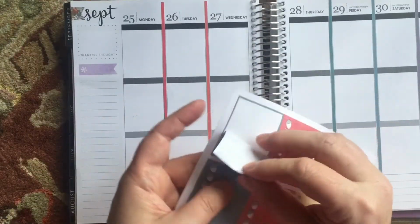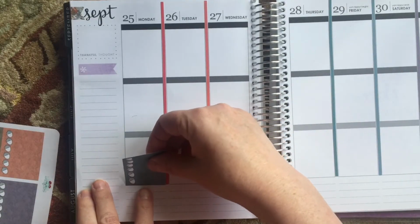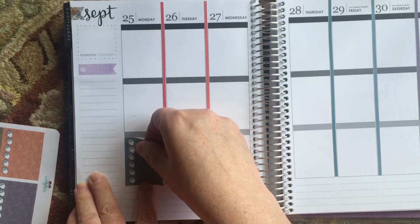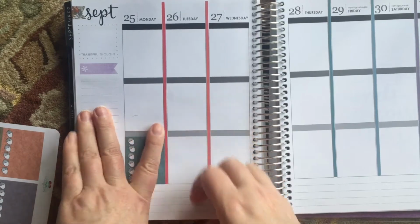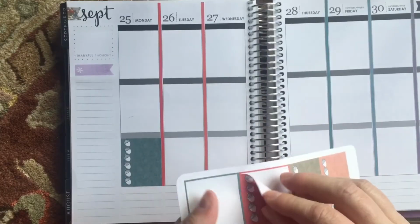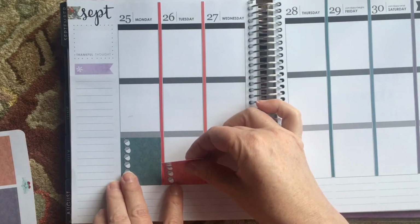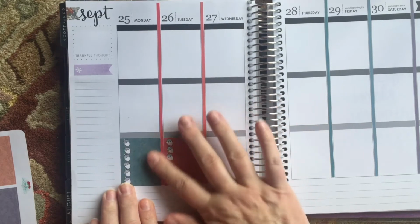And I'm just going to start laying down these beautiful stickers. They were sized for the EC vertical. And I think they're perfect for me for journaling because something just slipped over there if you heard that. Sorry about that. But yeah, it's been a long time since I have even looked in